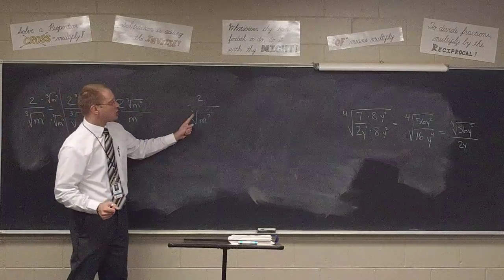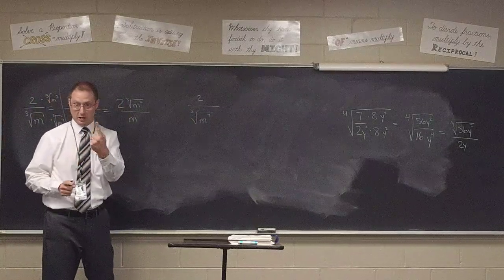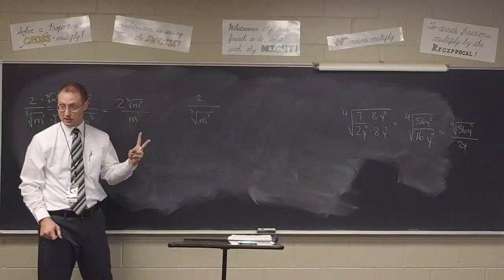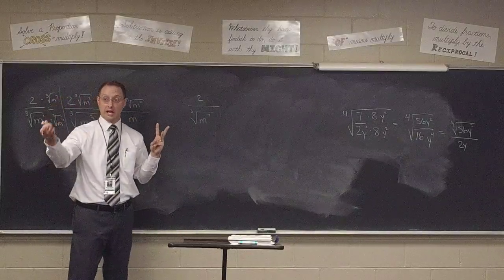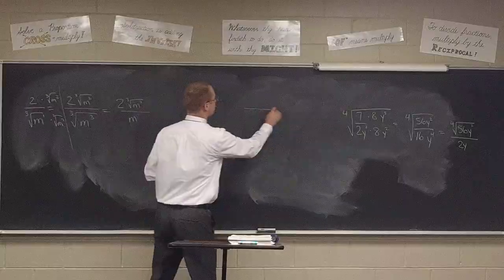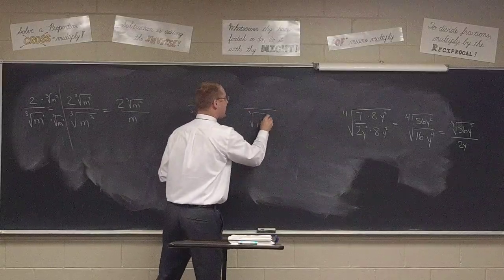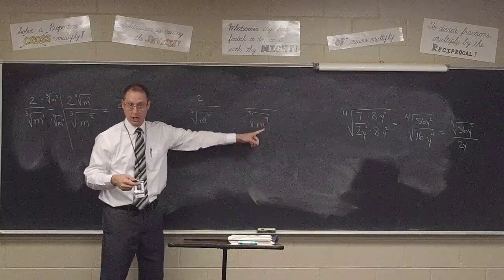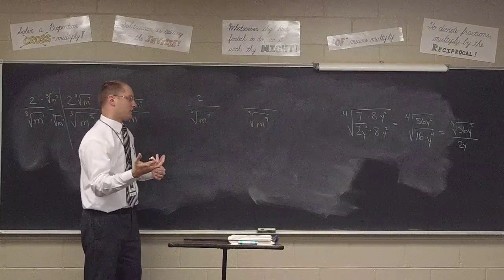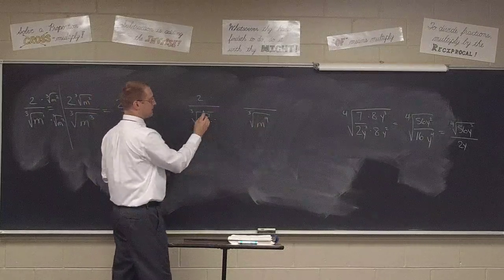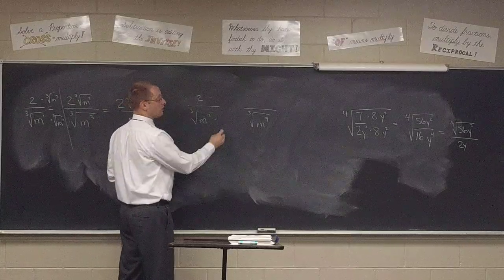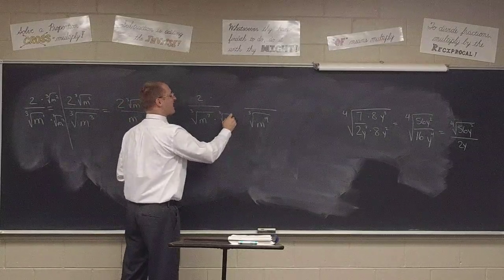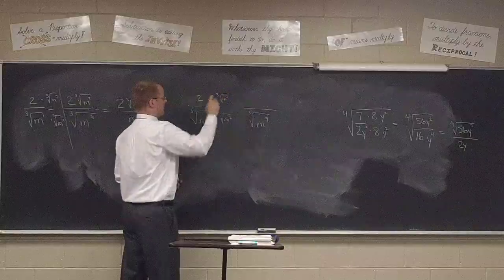What can 3 go into evenly? 3, but that's too little. 6, that's too little. 9, right? So if this were the cube root of m to the 9th, I could do it, right? Do you see how to take the next biggest number that can work evenly? Obviously, to make this happen, once again, class, we need to multiply top and bottom by the cube root of m squared. And of course, the numerator will again be,